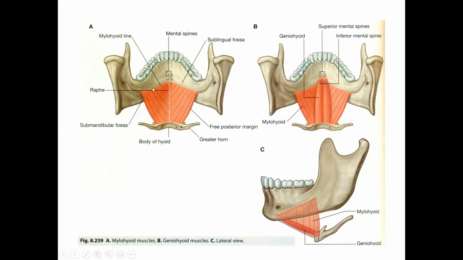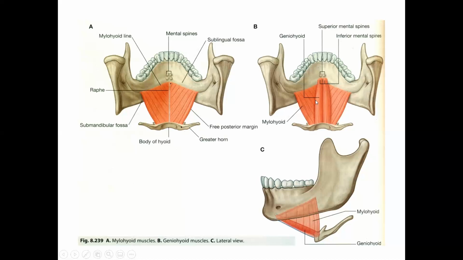While the most posterior fibers of the mylohyoid muscle go medially and inferiorly, they are attached on the body of the hyoid bone. You can see here on the anterior surface of the body of the hyoid bone, so this is a muscular attachment. They take origin from the mylohyoid line of the mandible. The muscle fibers go medially and inferiorly. The most anterior fibers are interconnected with their opposite fellow, while the posterior fibers are attached on the body of the hyoid bone.